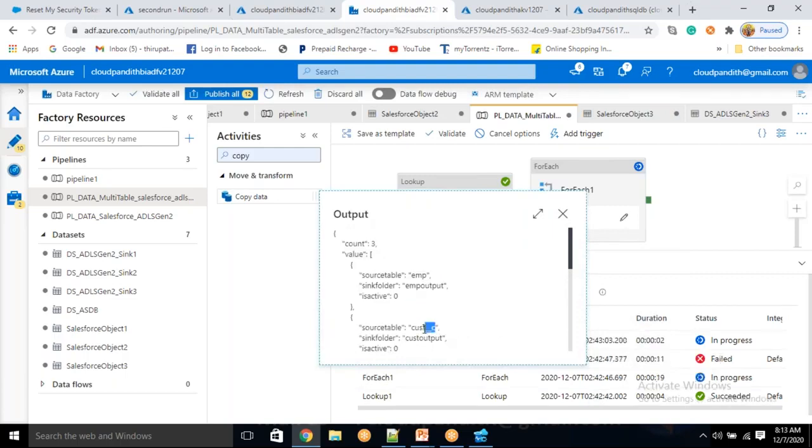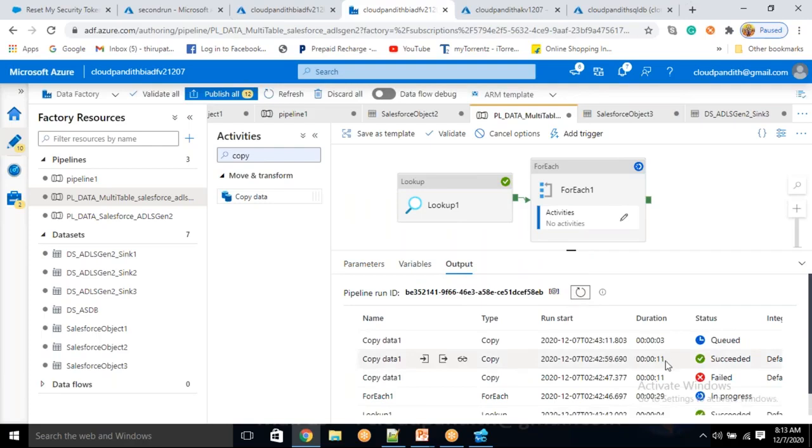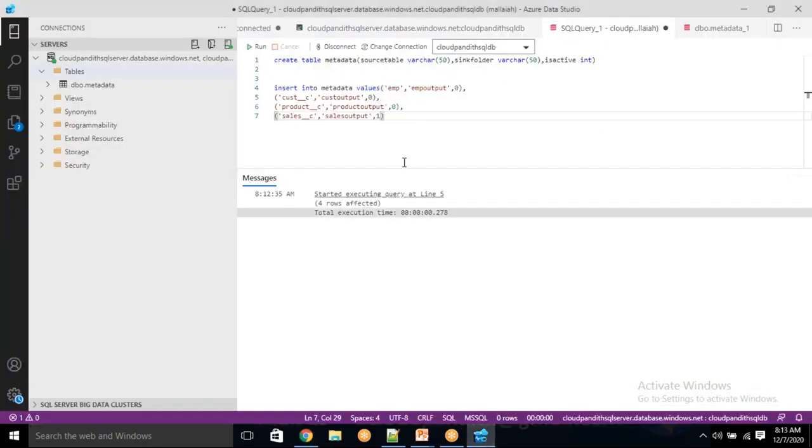So two copy activities succeeded and one copy activity failed. The reason is this should be EMP underscore C. You understood. I forgot to modify this, that's why EMP failed, but the other tables succeeded. So now,